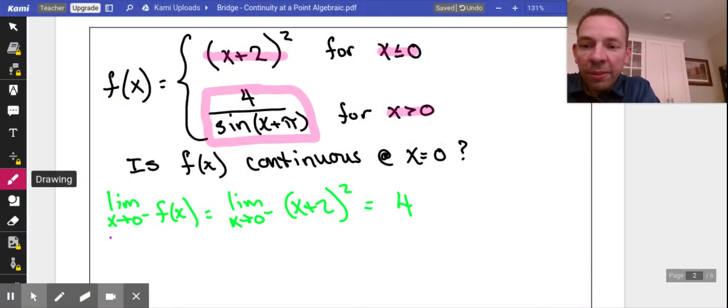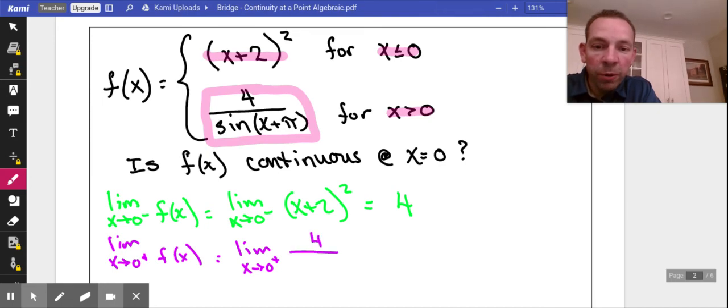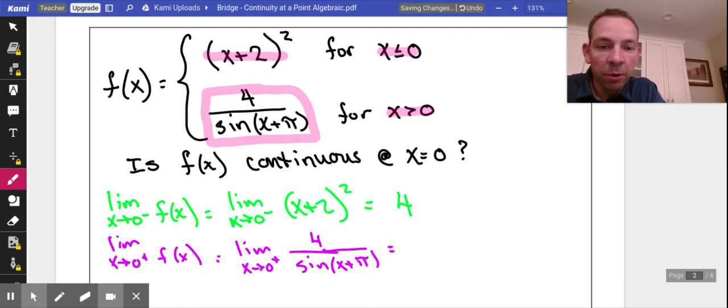Okay, now let's say we want to do the limit as x approaches 0 from the right-hand side of f of x, which in this particular case is going to be the limit as x approaches 0 from the right, and I'm using the function 4 divided by the sine of (x plus pi). So it's still an x. I haven't done any direct substituting yet. Okay, now I'm going to substitute the 0, and it's going to be 4 divided by the sine of,